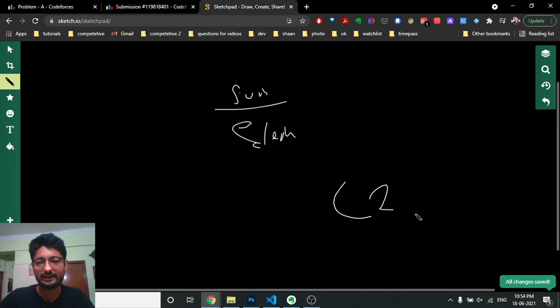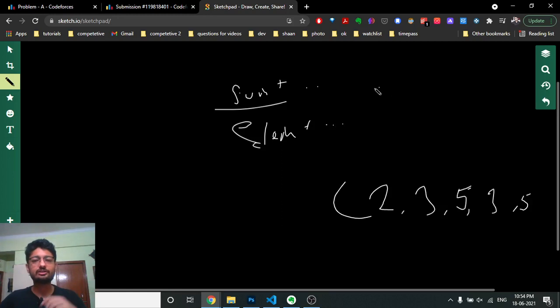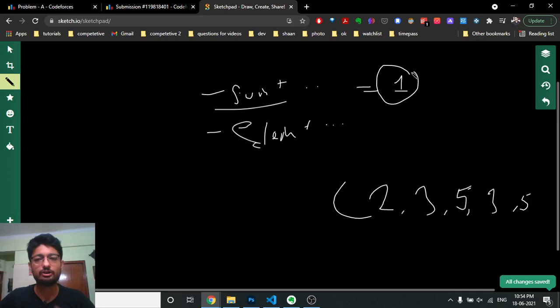Let's assume the array has 2, 3, 5. If you add some number, say 3 or 5, any number, then the sum will also increase and the elements will also increase. So it is not worth it, and it becomes difficult to make the numerator and denominator equal. When the numerator and denominator both become the same, they become equal to 1. So instead of adding some number, you add zeros only.